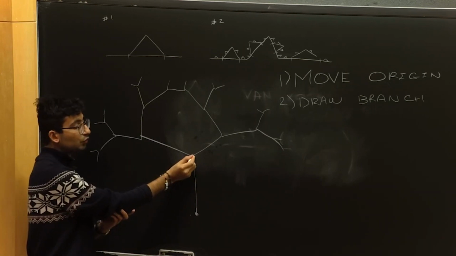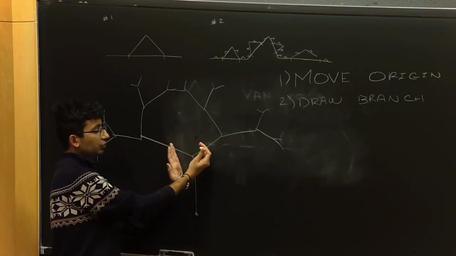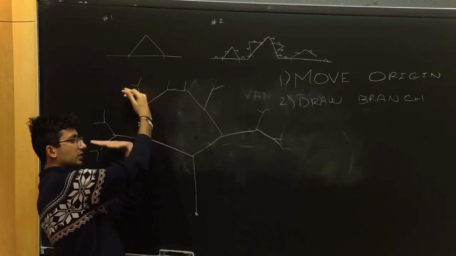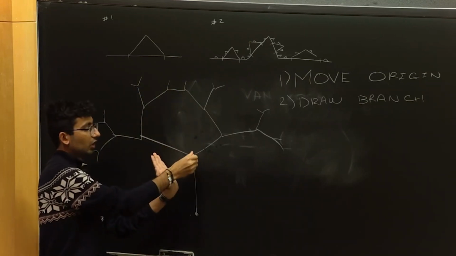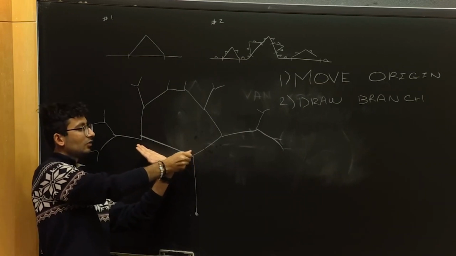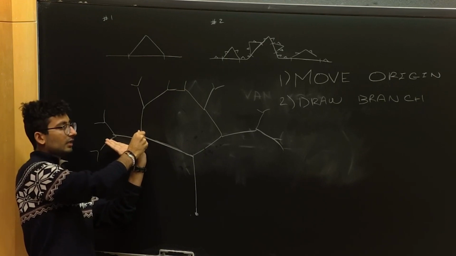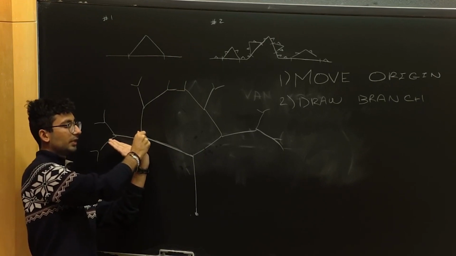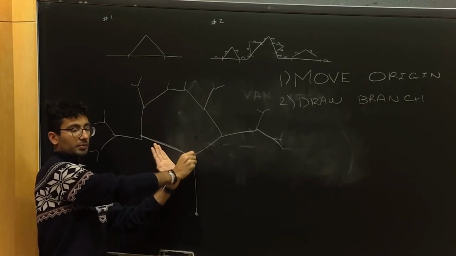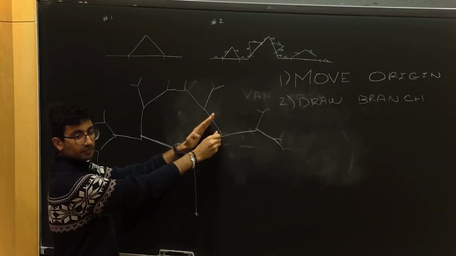Now we want to move our origin again, and instead of just translating it, we want to rotate our entire coordinate plane so that it looks up at this angle. And then if we draw a line that is straight, but our coordinate plane is angled, then we're going to get this line right here, right? And then we want to take our coordinate plane, put it back to where it was initially, and then move our origin and our coordinate plane again so that it tilts this way, draw a branch,